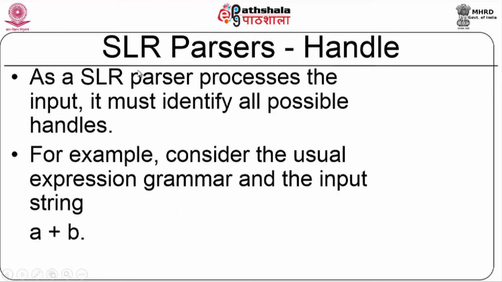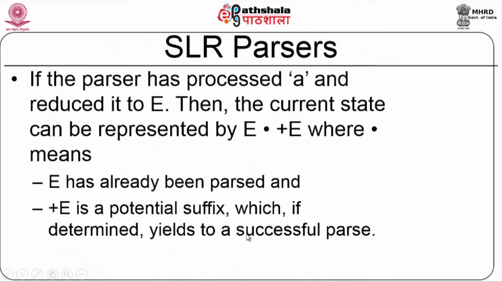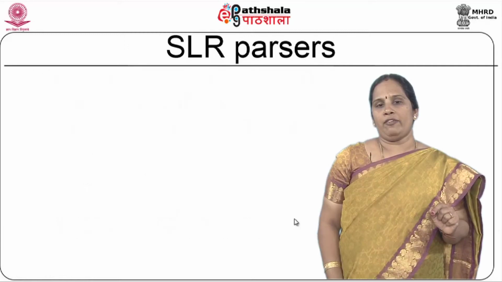So, the primary idea behind this handle is by looking at what this dot tells you. Now, you are going to use a dot to indicate how much you have parsed and how much more is left for parsing. What has been parsed indicates it has been successfully parsed, and what is left to be parsed is possibly a definite suffix, and that can be considered a handle. That is what we are talking about here. So, this dot is important. Now, how do I place this dot and what does the dot actually indicate? Can the dot be in any position? All these things have to be understood.